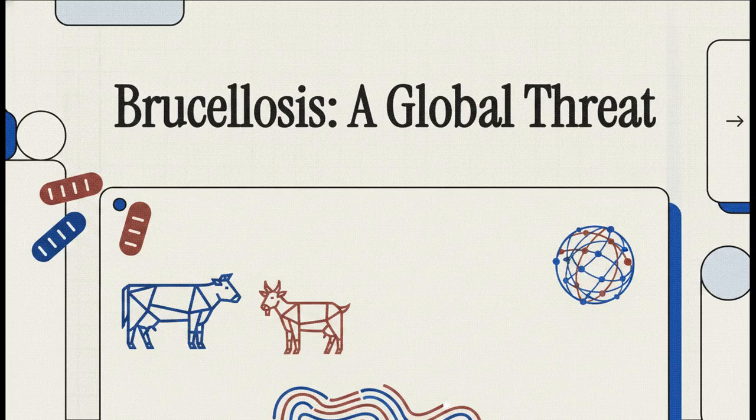Welcome to this explainer. Today, we're jumping right into a deep dive on a seriously stealthy, microscopic pathogen. It's one that has totally shaped agricultural history and, honestly, continues to pose a massive threat worldwide. We're talking about brucellosis. It's a disease caused by a fascinatingly complex bacteria, and to really understand it, we're going to have to look closely at biology, agriculture, and, yes, even global trade.